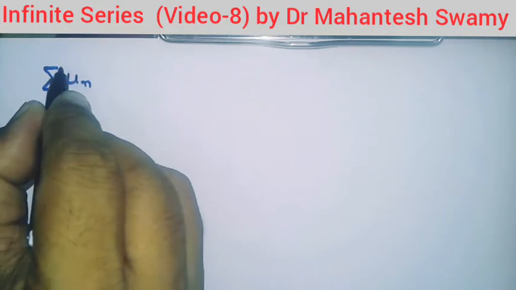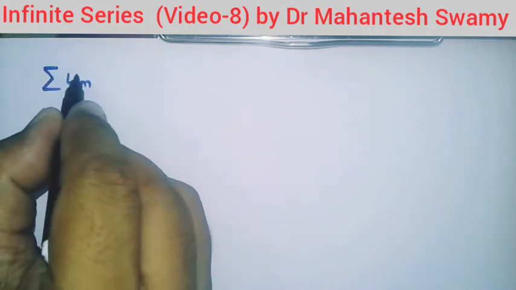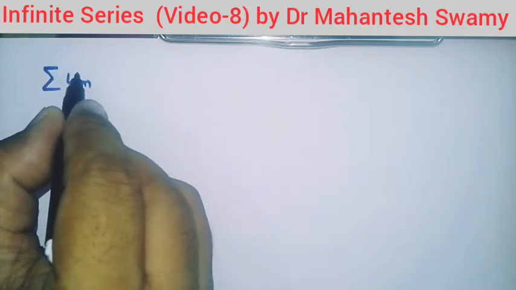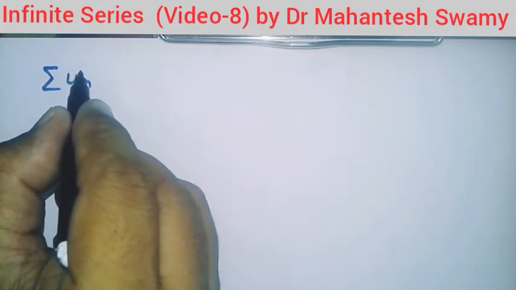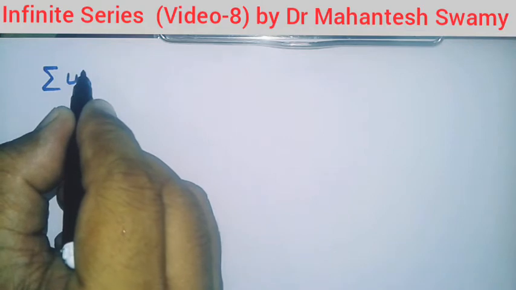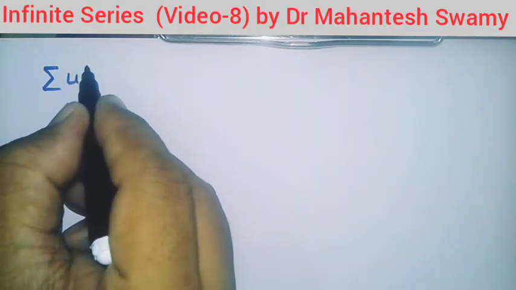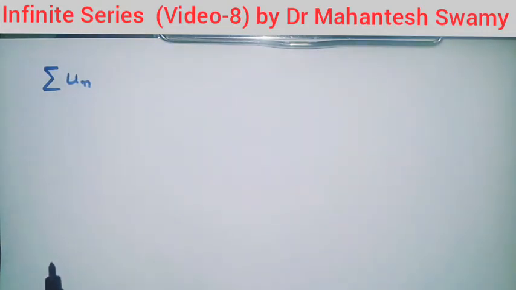In order to know the nature of this series, the test we are using here is the ratio test. And what is the principle of the ratio test? Now we shall write it down. We will not be proving that result; we will be using the result to examine the nature of a given positive series. So let us see what the principle involved in this test is.